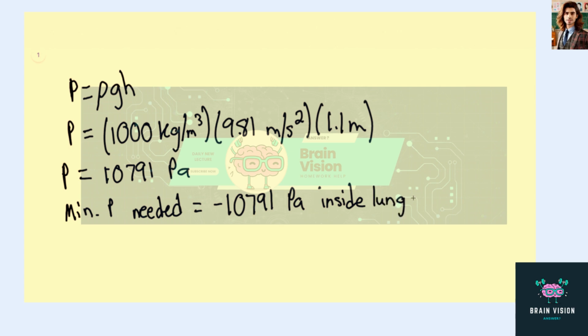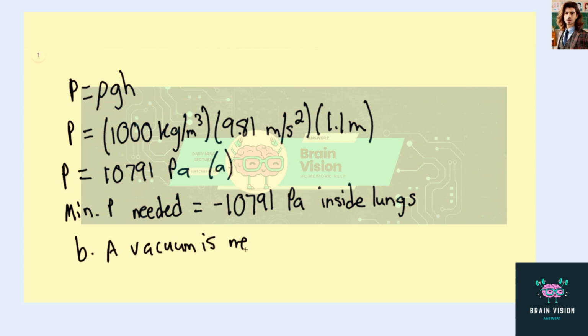lungs. Now, this is going to be negative because the water must rise up. So if this is the answer for part A, part B is asking us, why is it negative? Well, it's negative because this pressure needs to cause the water to rise up the straw. And because of this, that means that there has to be a negative gauge pressure. A negative gauge pressure means that this is going to be a vacuum, and a vacuum implies, of course, a negative gauge pressure. So this is why it needs to be negative, because a vacuum